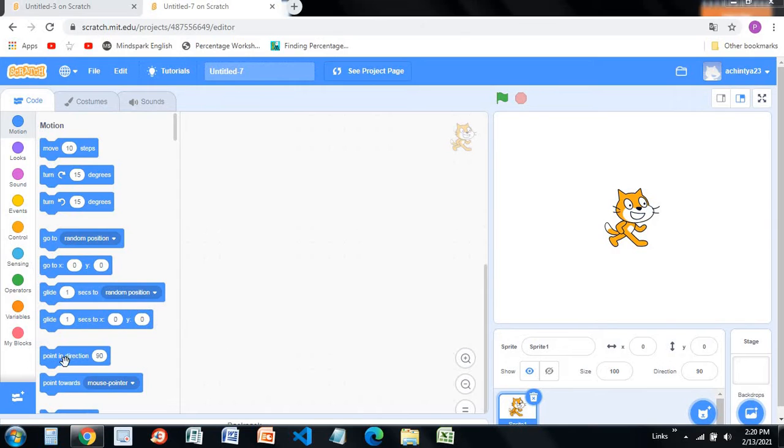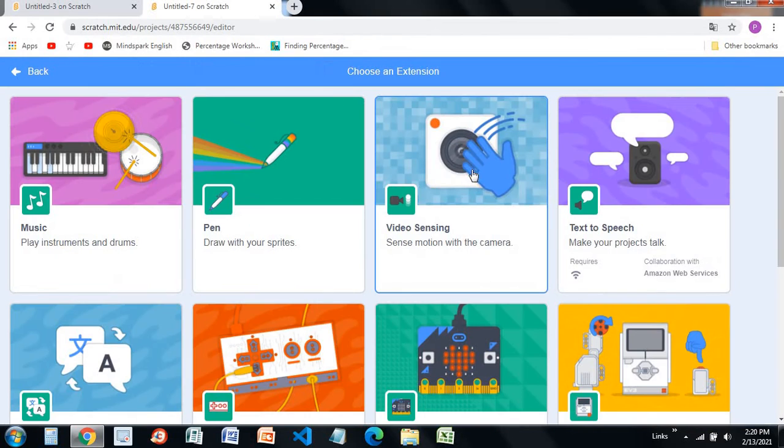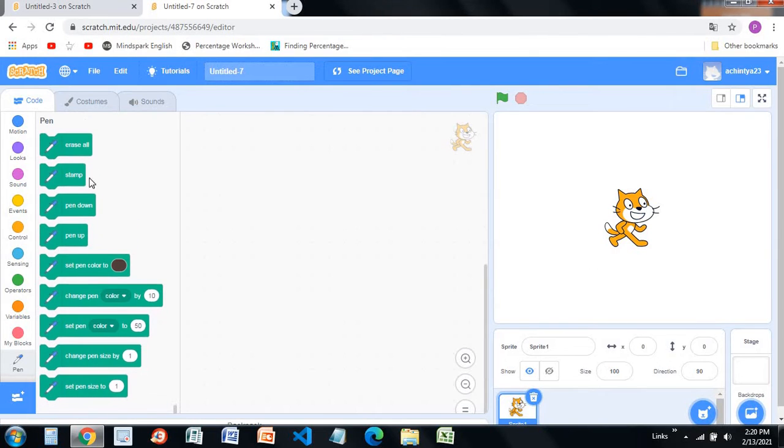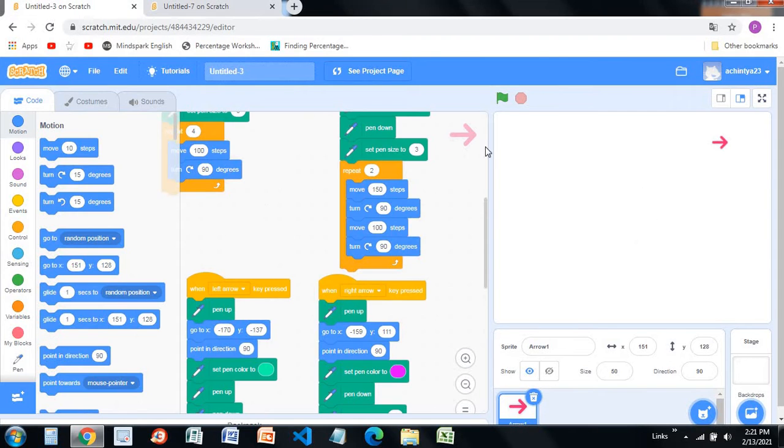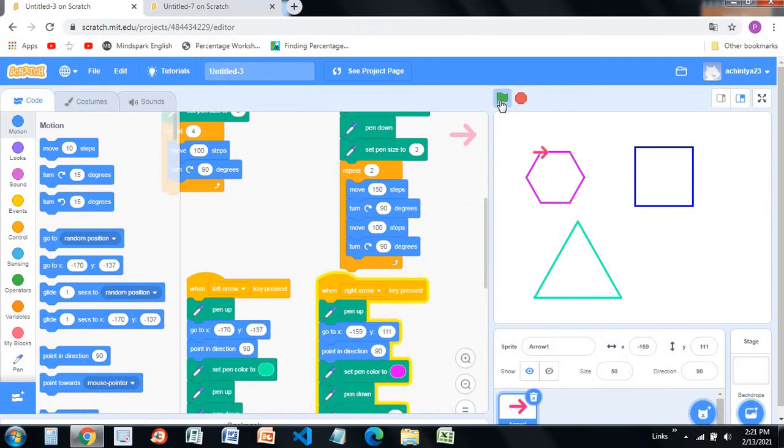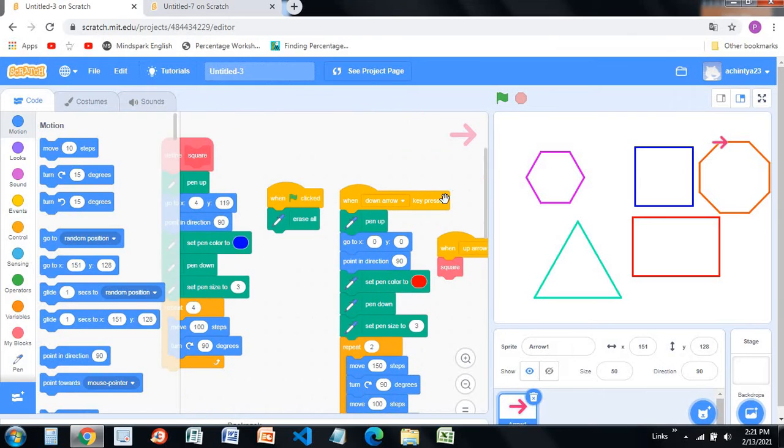in Scratch. So this is an extension that you basically need to import like this, the pen, and you can create some shapes or draw some figures with it. So I'll show you how to draw some shapes, like this is the square, triangle, hexagon, and this is the rectangle, and this one more shape. So I'll be showing you how to create all the shapes using the pen tool.